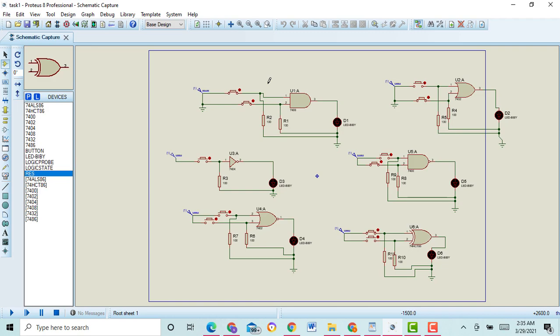Now let's begin. And here you can see I connect the AND logic gate. The AND logic gate IC number is 7408, and here I connect the two resistors, and here I connect the two push buttons, and here I connect the source, and here I connect the LED, and in this way I connect the resistor, LED and push button with all the gates. And now I move towards the functionality of the circuit.